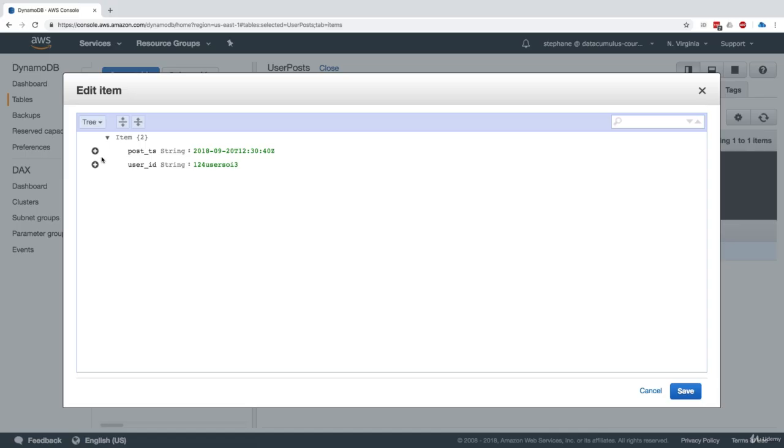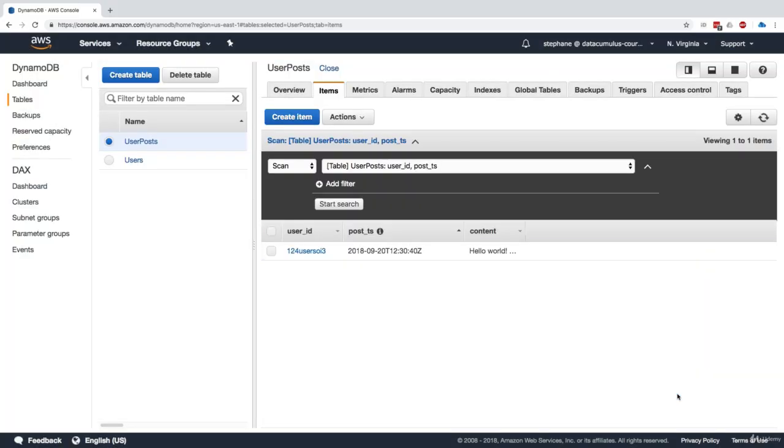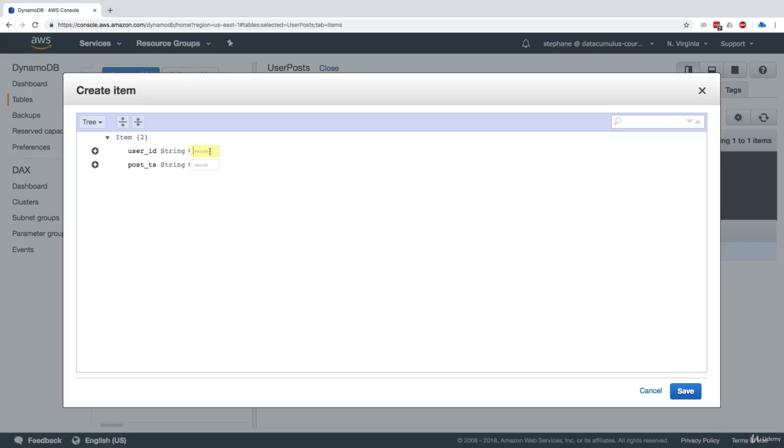And by the way, we can add a bit of content. So we'll say append here, and I will say the content of the post is going to be hello world. First post, click on save. And now we have our first post by our user, and we can create another item. I'll use the same user ID, and now I'll use a different timestamp. So now we're in October, so I'll just have this date, and then for time, I'll just say 03/04/05Z. And then in terms of the content, I will say content is awesome, new post, second ever. Okay, so this is just an article that I wrote, and I click on save.